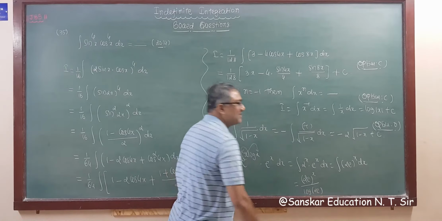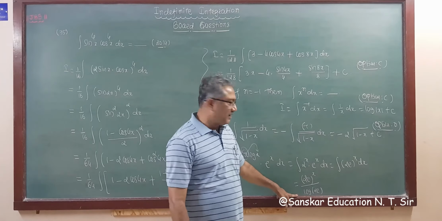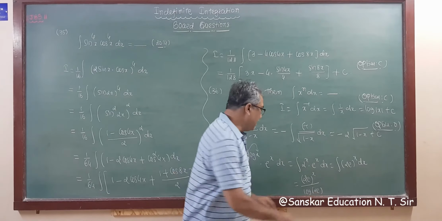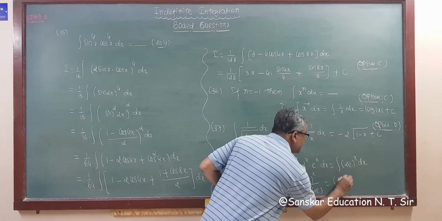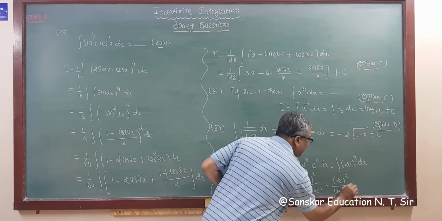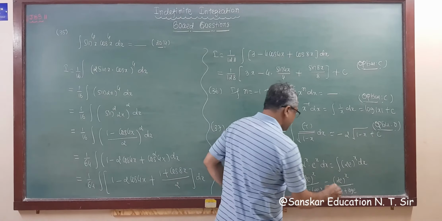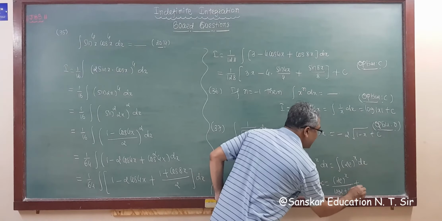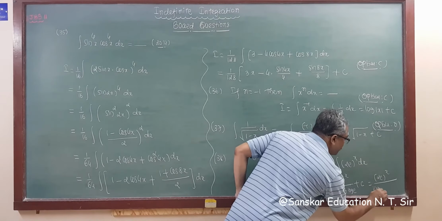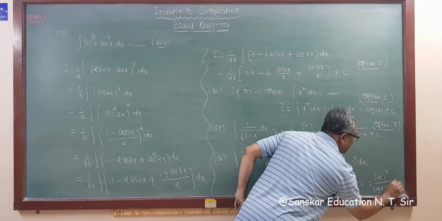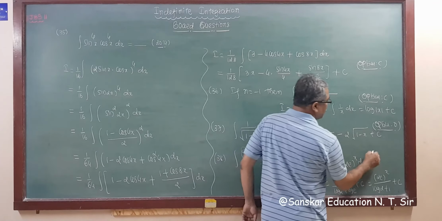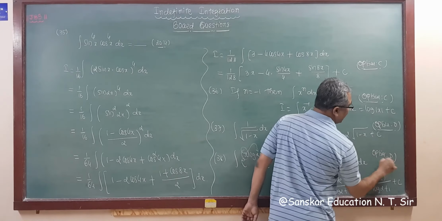But I am sure this is not given in your options. In the option it is given as log 2 plus 1, because this is log AB. So the answer will be (2e) raised to x whole upon log 2 plus log e. Now log e is 1, right? And plus c. I forgot to write it here, a big mistake. So this is (2e) whole raised to x whole upon log 2 plus 1 plus c. That is option D, your correct answer. So option D is your correct answer.